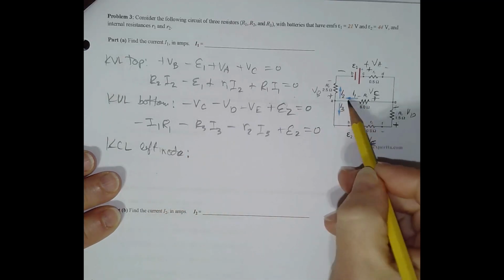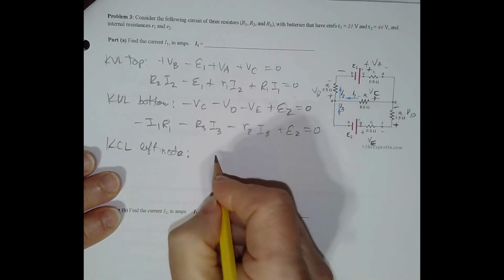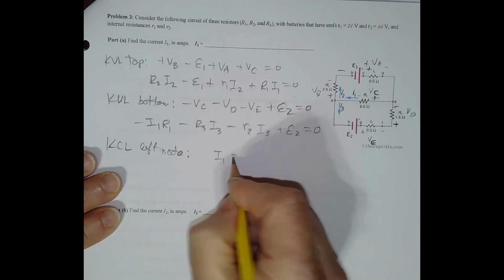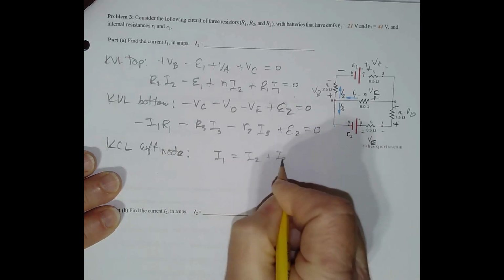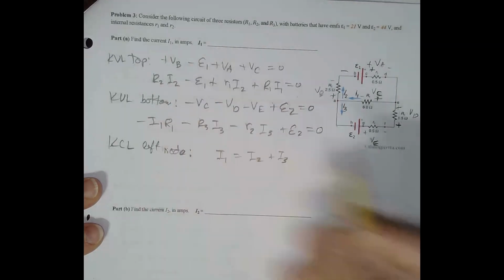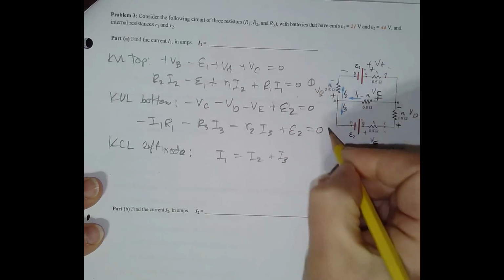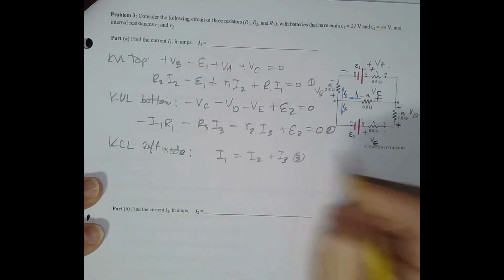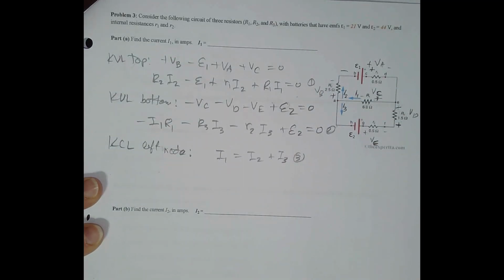And so what do we have here? In equals out. In equals I1. Out equals I2 plus I3. Okay. So we got 3 equations, 3 unknowns. We should be able to solve, right? We got 1, 2, 3. We have numbers for these, and so we can